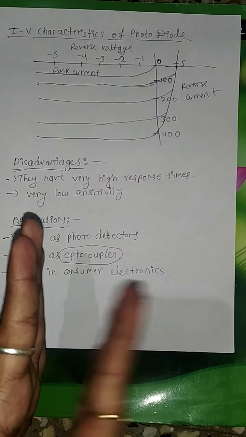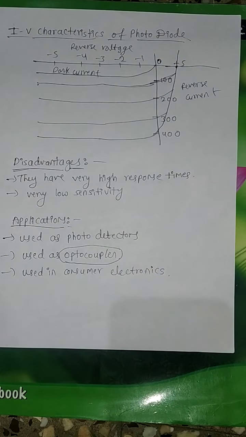How many 500 rupee notes are there? They will count: 50 are there, 100 are there, 60 are there, like that it will give the exact value. So in that machine we are going to use a photodiode. How will it be used?